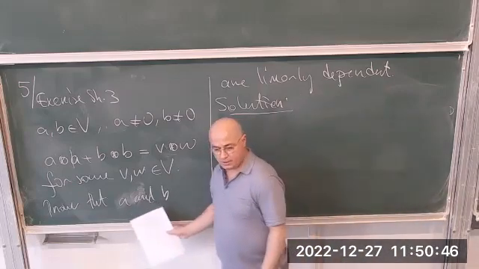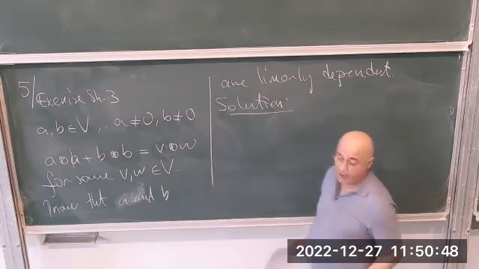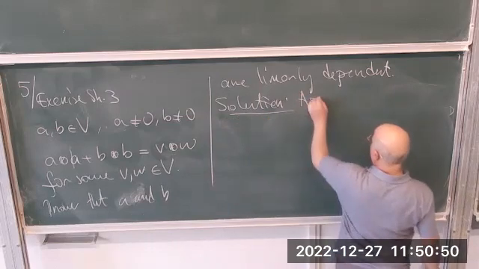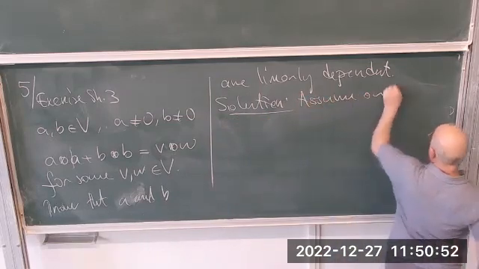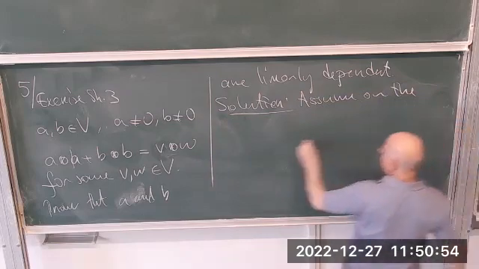It means that we assume A and B are independent. So assume on the contrary that